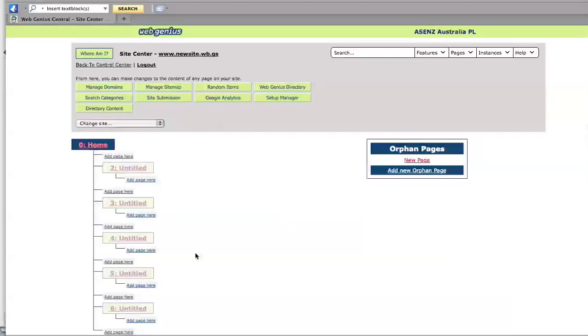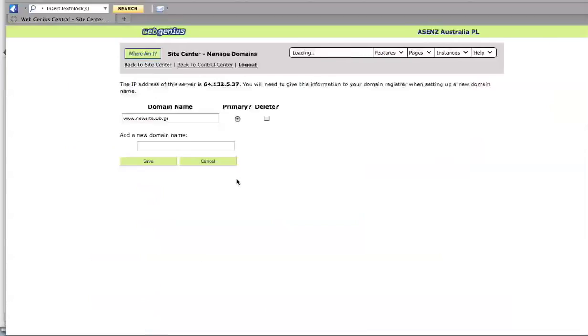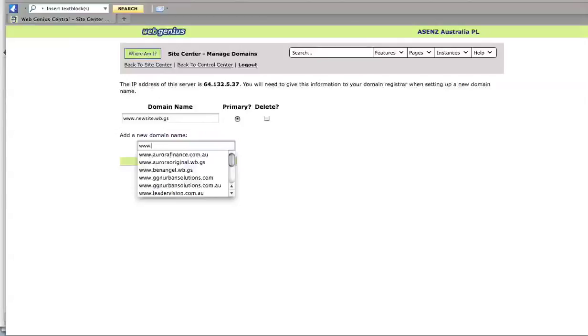Once you're ready to go live with your site, we simply go to the Manage Domains function here. We enter our .com.au, or our proper URL for our live site. So let's say for this instance it's newsite.com.au. We save,